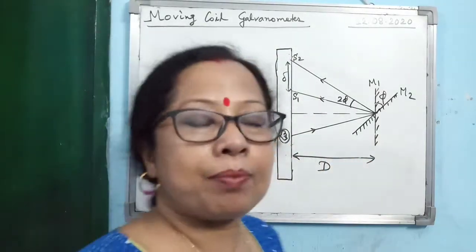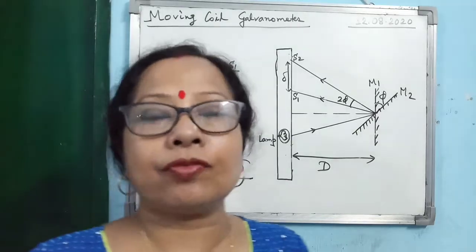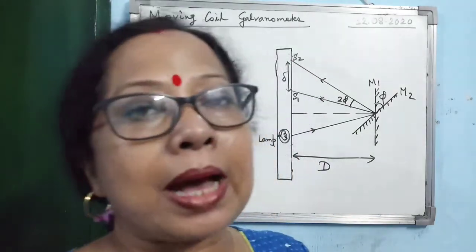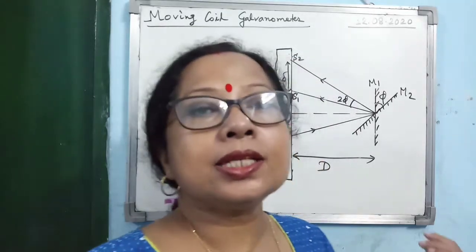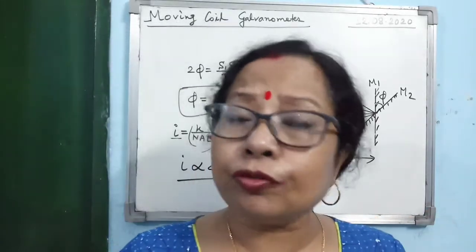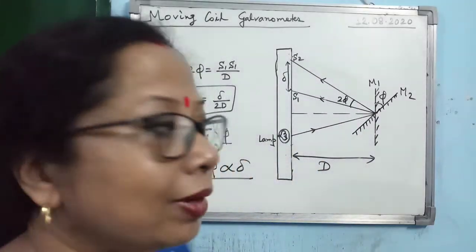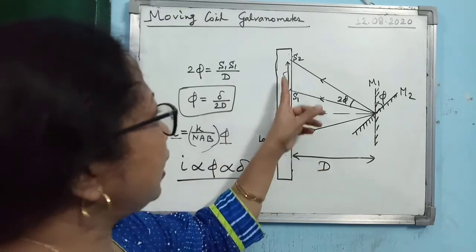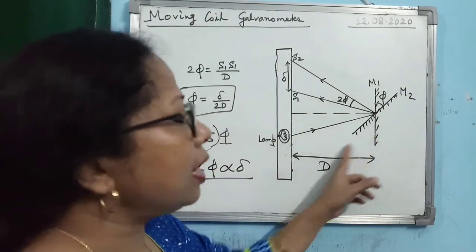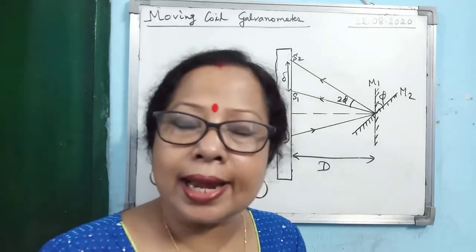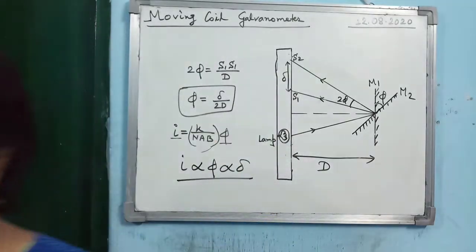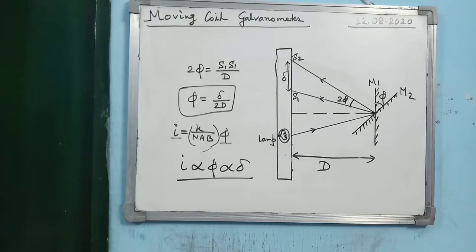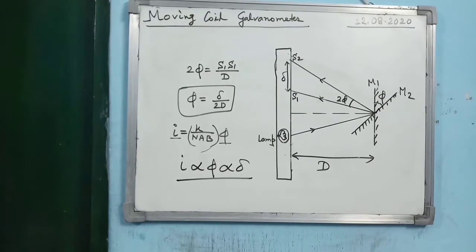So this is the way, by measuring the angle of twist, one can find out the current passing through the galvanometer. But the problem in the suspended coil galvanometer is that you cannot measure delta directly; you need the lamp and scale arrangement. So that is why in the lab we generally prefer the pivoted type of galvanometer instead of the suspended coil galvanometer.